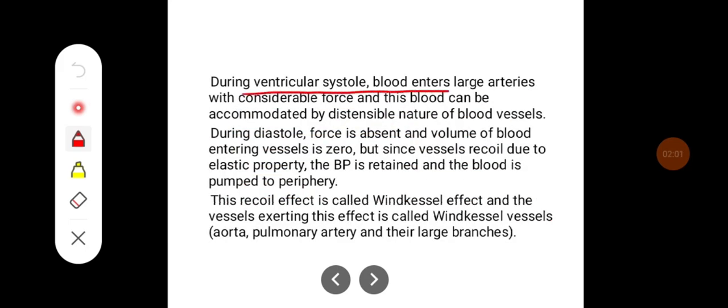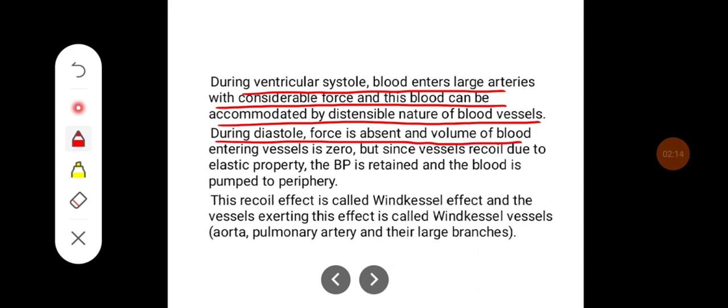During ventricular systole, the blood enters the large arteries with considerable force, and this blood can be accommodated by the distensible nature of the blood vessels. During diastole, force is absent and the volume of blood entering the vessels is zero. But since vessels recoil due to the elastic property, the blood pressure is retained and the blood is pumped to